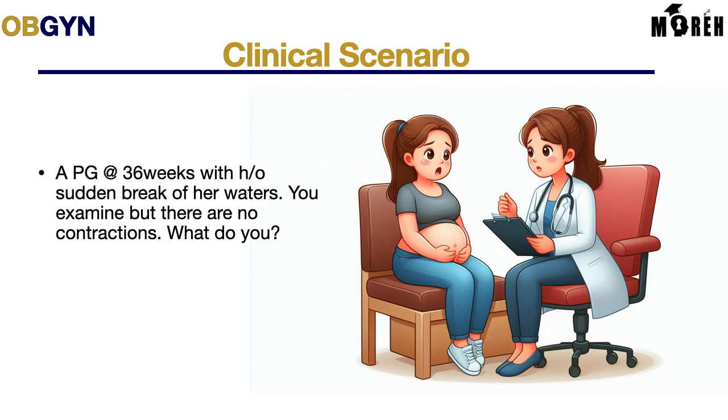So I want you to imagine you are an intern, and a primigravida at 36 weeks comes in with a history of a sudden break of her waters. You examine her and you find out that there are no contractions. What do you do? I'd like you to type in the chat how you would want to manage this particular